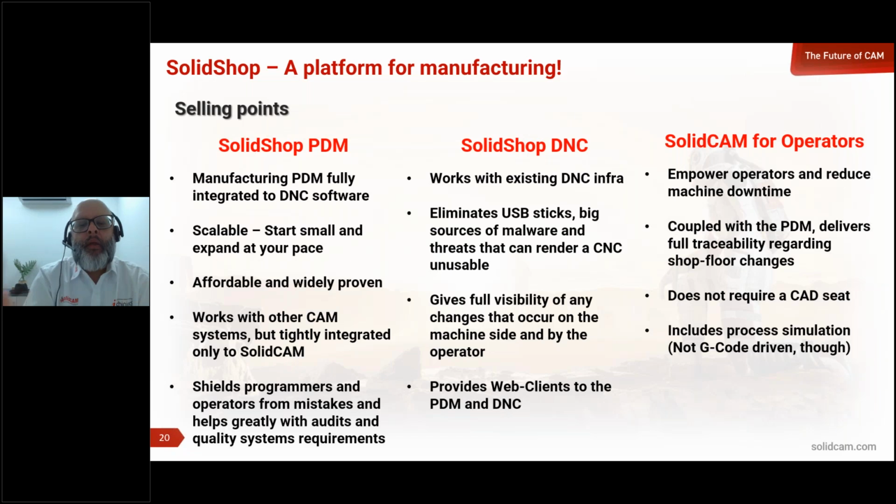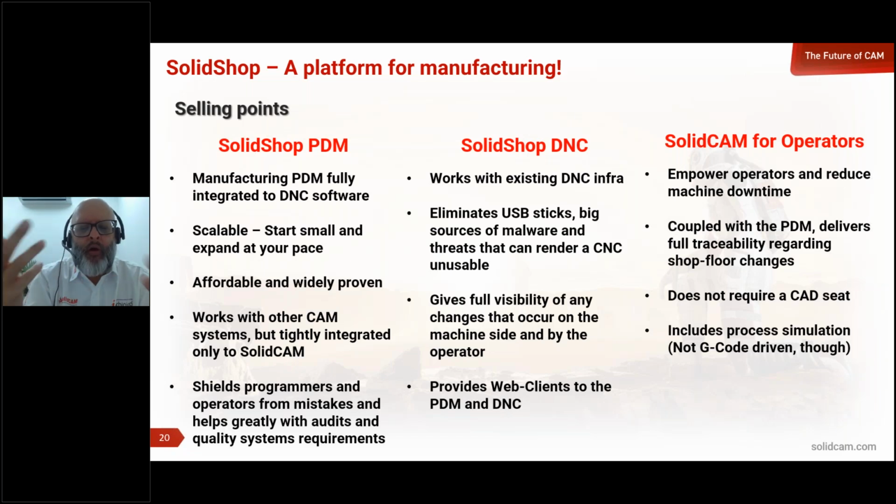Another thing we can do, eliminate USB sticks. This is more important than ever. USB sticks are a source of malware, viruses. They can render a CNC unusable. They can be the entry point of an attack, or hacking of the CNC network of the company, especially if it's a small and mid-sized company.